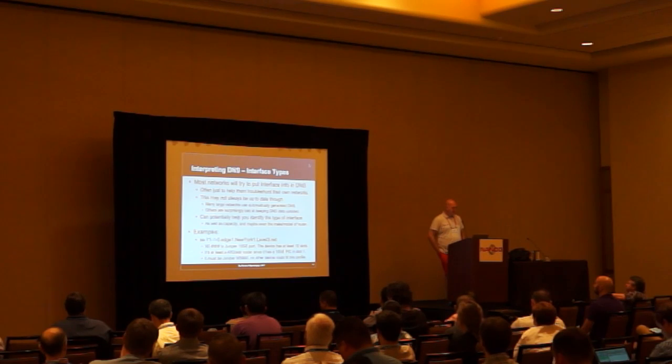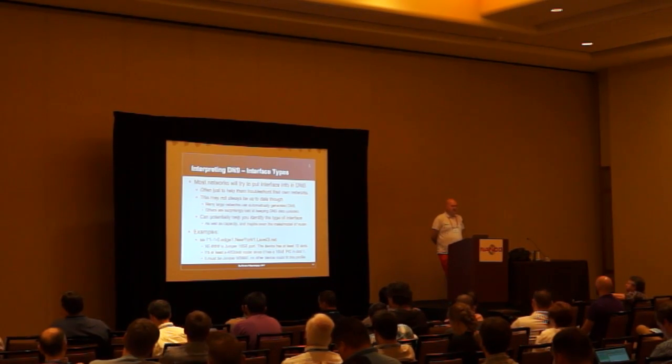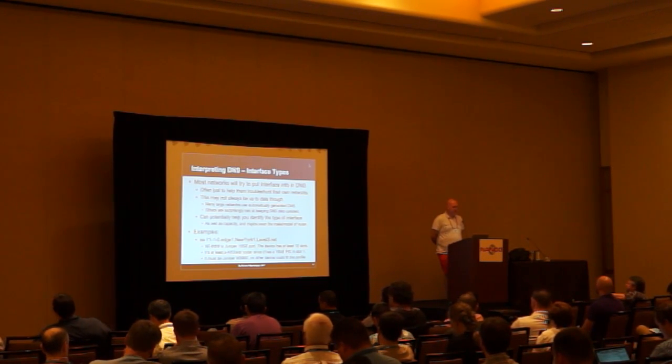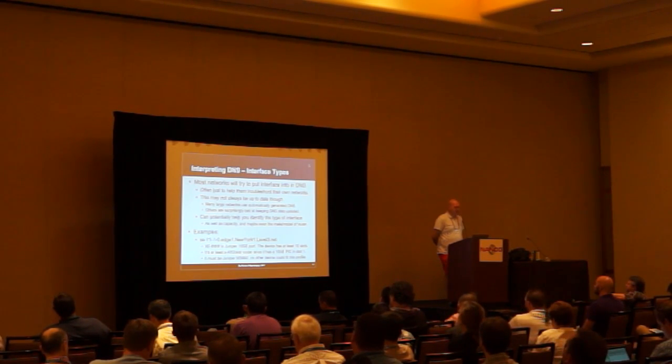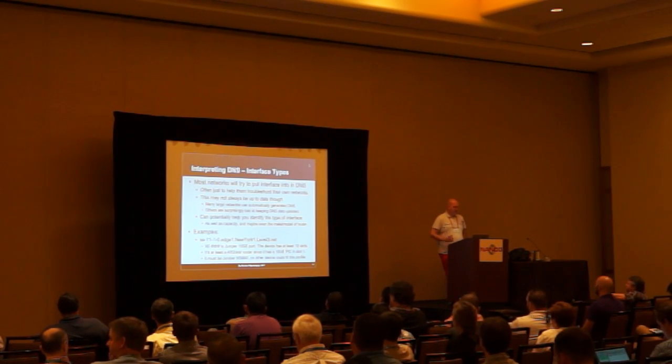So here's an example of how you can look at the information given in a traceroute and kind of figure out something about the device. So this was an example that came up on a traceroute: XE-1/1/0 on a device called Edge 1, New York 1, Level 3. I have a chart on this later, but you know that